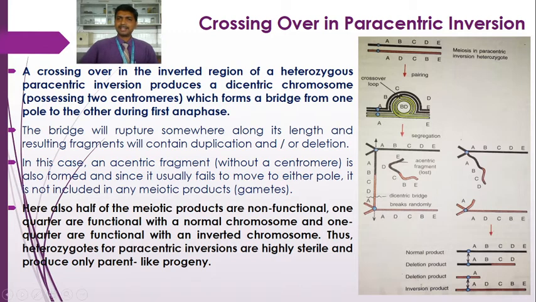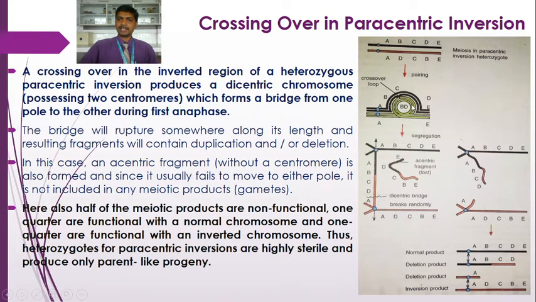So what happened here? This is the homologous chromosome pair. The centromere occurs first and the gene order is A, B, C, D, E. When two breaks occur, one between A and B and another between D and E, that broken piece has been reinserted in reverse order. So the gene order has been changed to A, D, C, B, E. So this is an inversion heterozygote where the centromere is not involved. So we say it is a paracentric inversion heterozygote. So when these chromosomes are paired during meiotic prophase first, it forms an inversion loop.